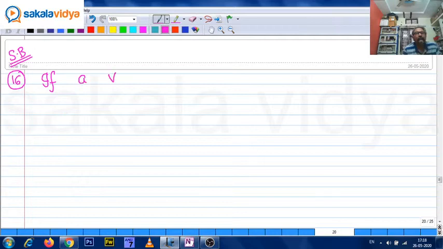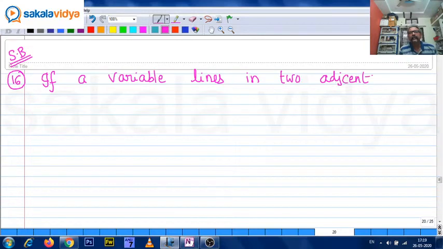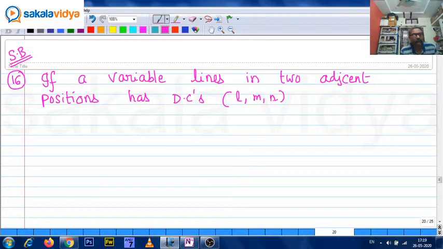If a variable line in two adjacent positions has DCs, direction cosines, l, m, n, and just a little bit change, l plus delta l, m plus delta m, n plus delta n,